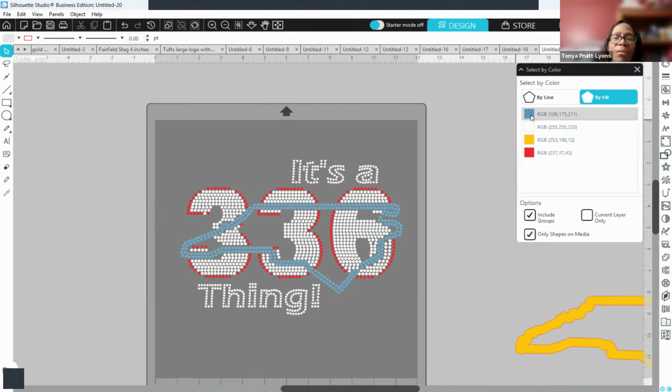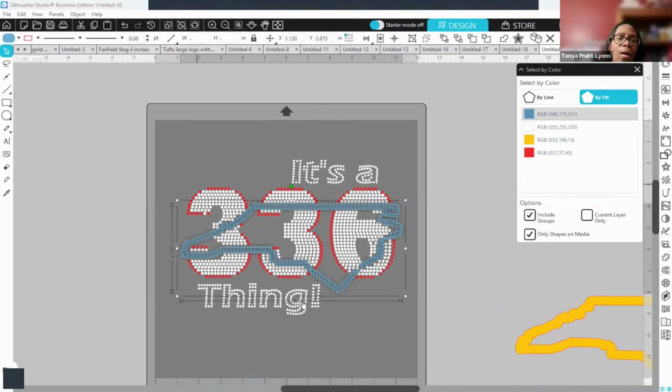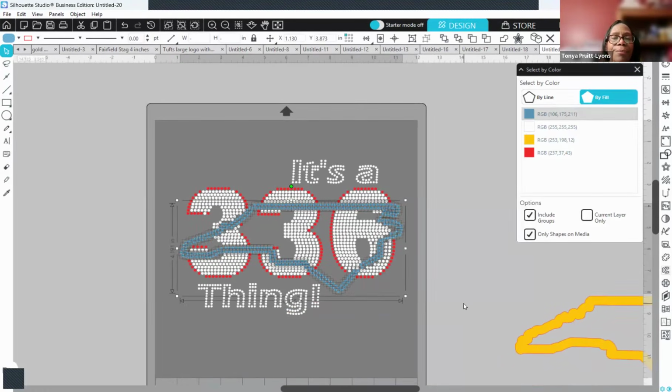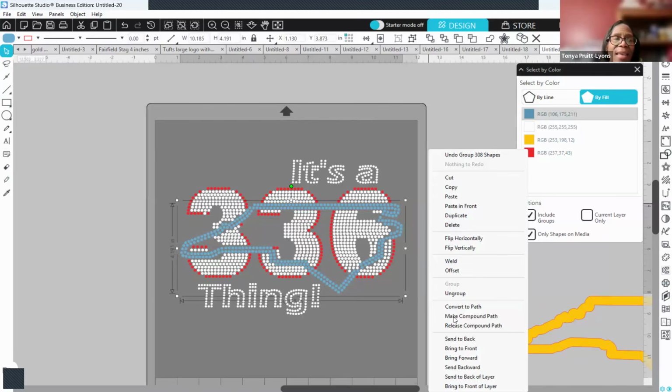Okay. So I'm going to click on the blue. All right. So it selected all of the map. Okay. Everything has a box around it. I'm going to right click. And I'm going to click group. And after I do that, I then want to right click again, and I want to make it a compound